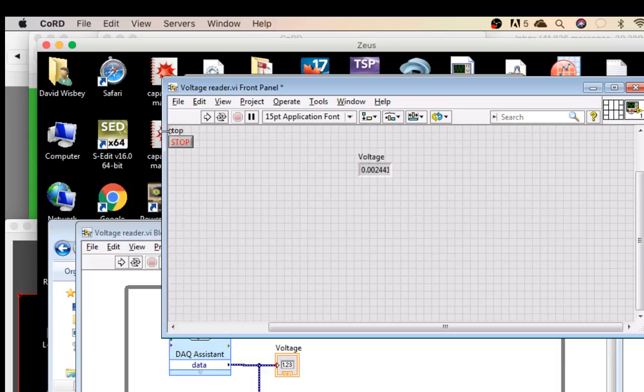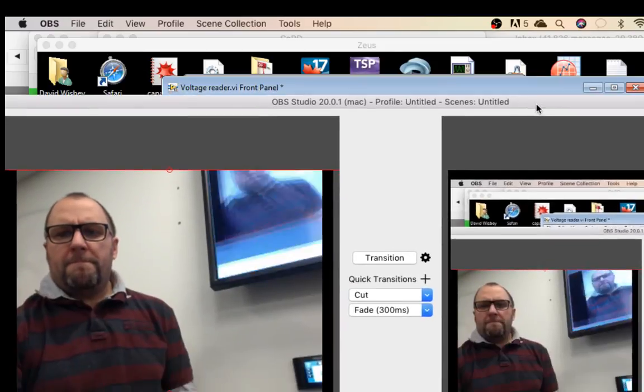LabVIEW is able to export data sets. Is it able to, you know how for some programs, like for instance MATLAB,